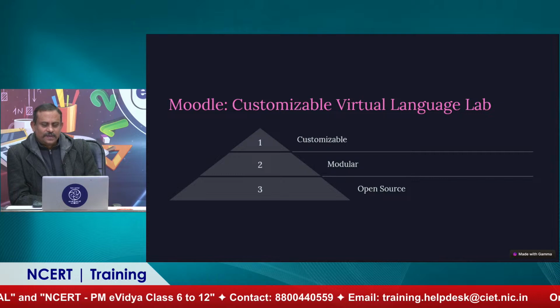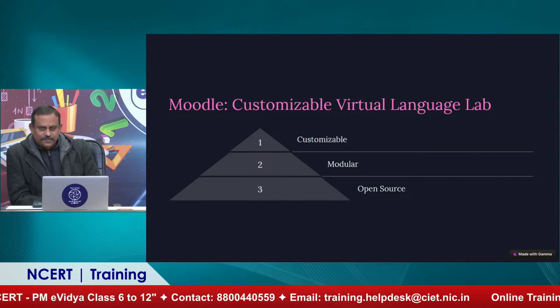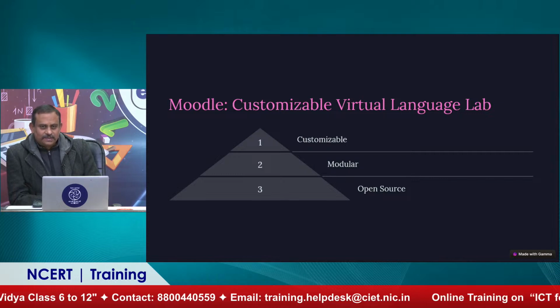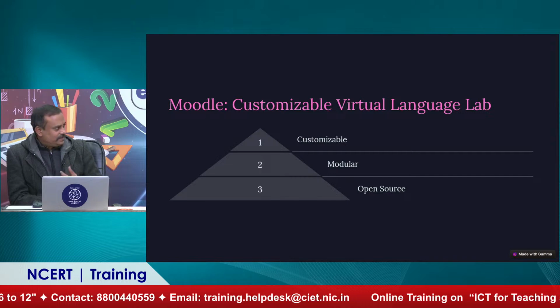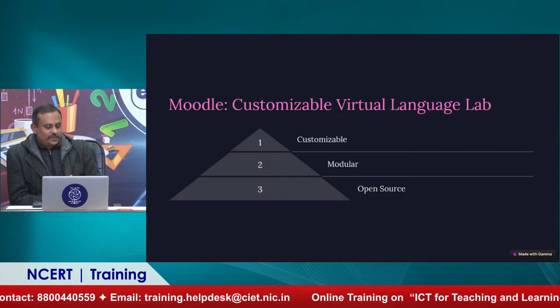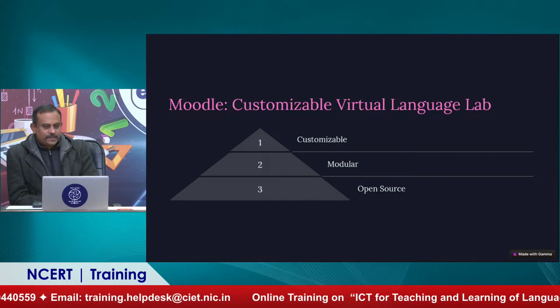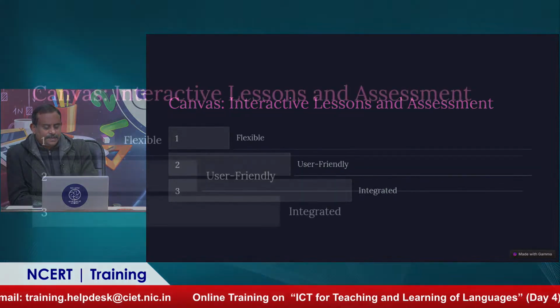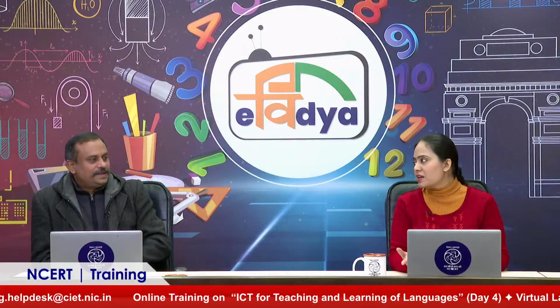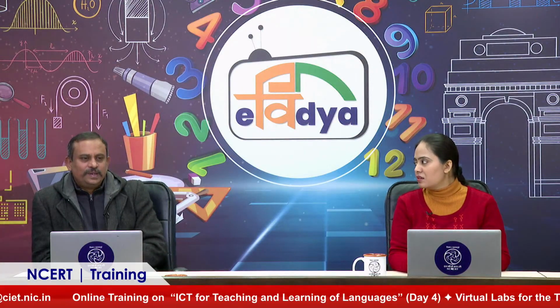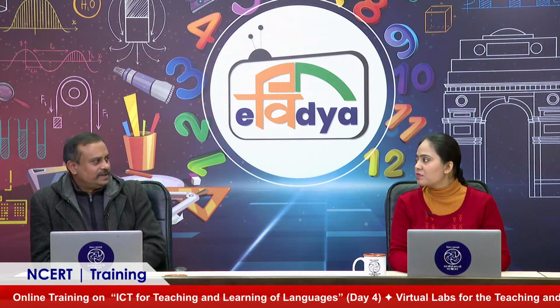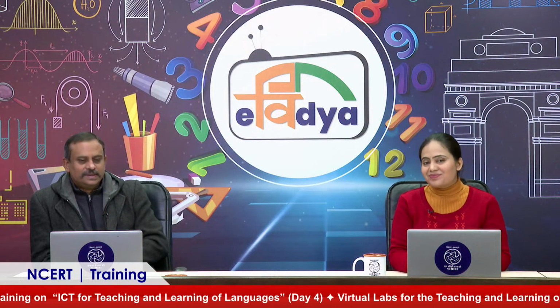And it's one of the fastest growing open source platforms. So this is not a dedicated platform, you have to build on it. It's open source, but you build what you need on it. Is it like Wikipedia where you constantly need to feed the information and get it updated? Yeah, and you build the software according to your needs, according to your institution.